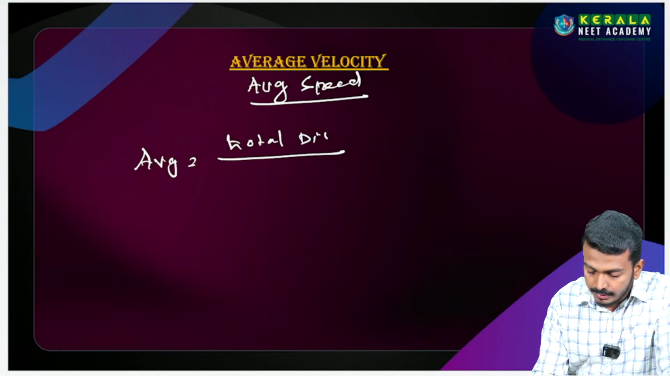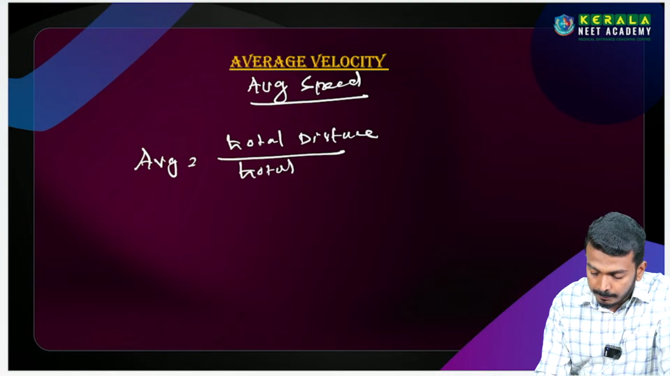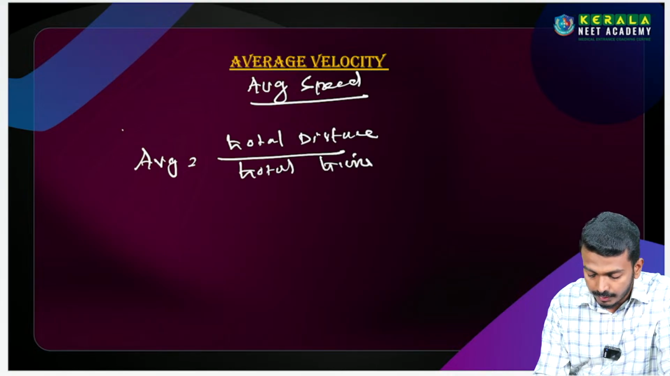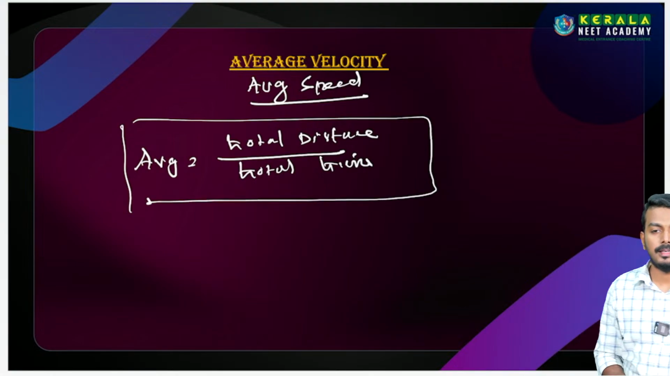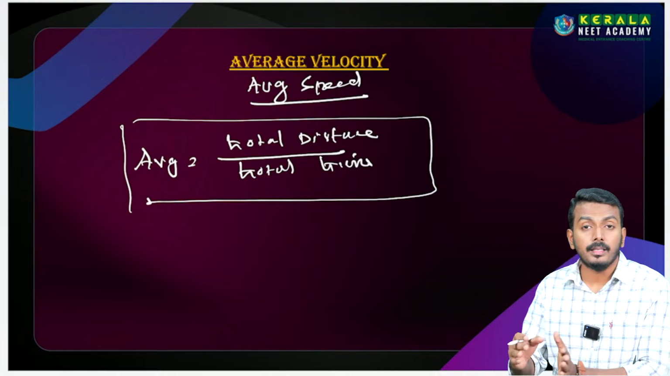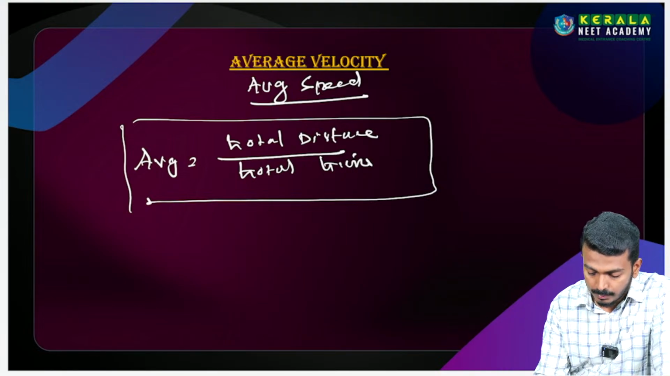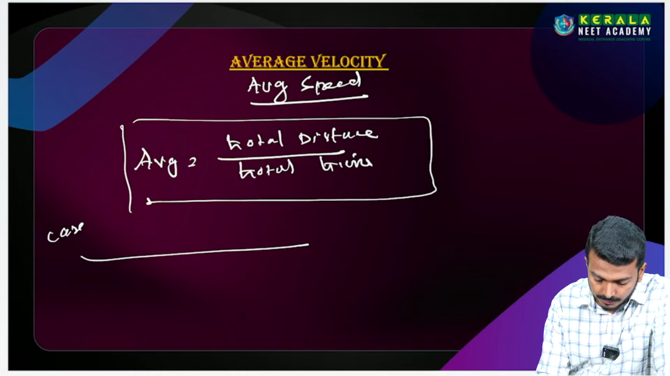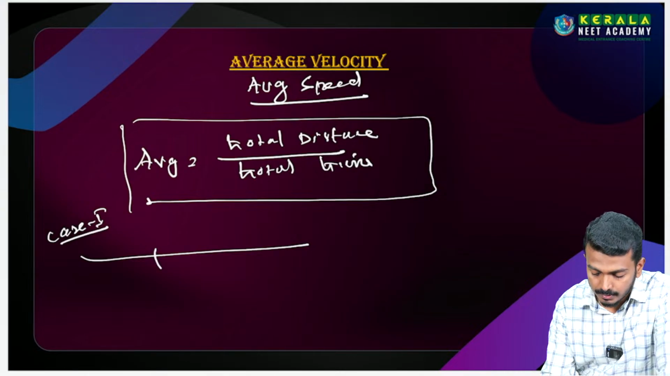Total distance traveled by a body to the total time taken by the body. We have only this formula. Only one formula. By using this formula, you can make 2 to 3 cases. The first case, suppose case 1, we take S1